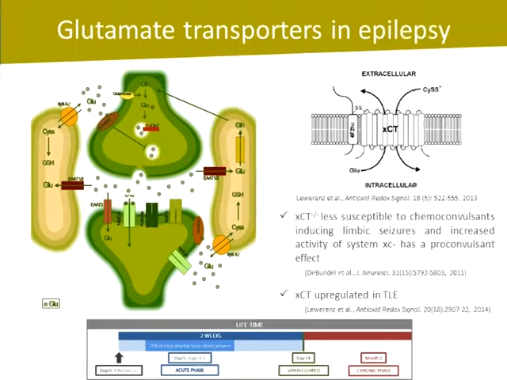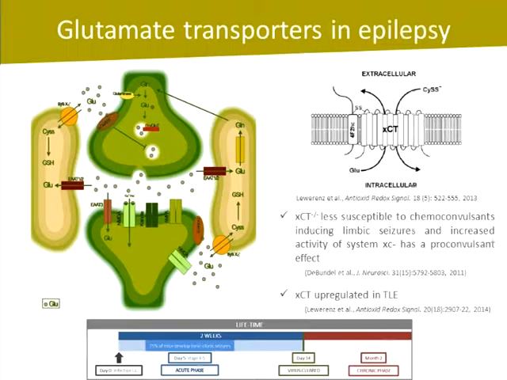This induction has been shown to occur after many stimuli, such as oxidative stress and inflammation. Its involvement appeared very strong in epilepsy, and this is not surprising, since we know, for instance, that mice knockout of xCT, the specific subunit of system Xc-, are less susceptible to convulsants such as pilocarpine and kainic acid, and also that an increased activity of system Xc- has a convulsant effect. Moreover, in patients with temporal lobe epilepsy, mRNA and protein expression levels of xCT were upregulated.